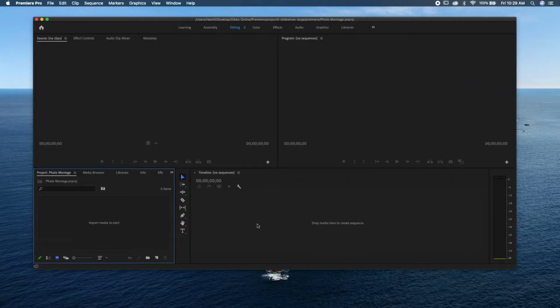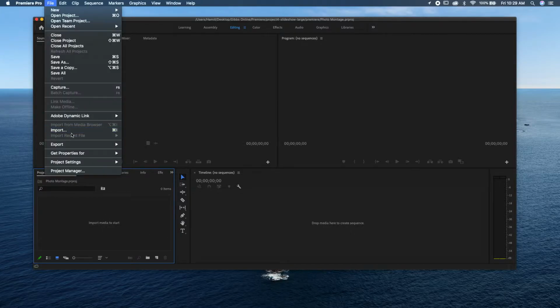Last thing we're going to do is import our media. Now, remember, there's a bunch of different ways to do it. File, Import, right? You can double click here. You can do, I think it's Control-I. I'm going to go ahead, File, Import,